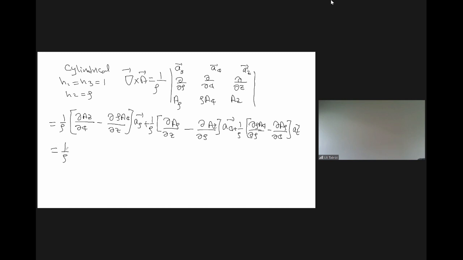So you have 1 over ρ. Let's now open parentheses, 1 over ρ ∂Az/∂φ minus. Notice that this derivative is with respect to z. ρ goes out. If ρ goes out, it cancels this ρ. So you have ∂Aφ/∂z, Aρ plus, wait for the coordinate system, plus 1 over ρ